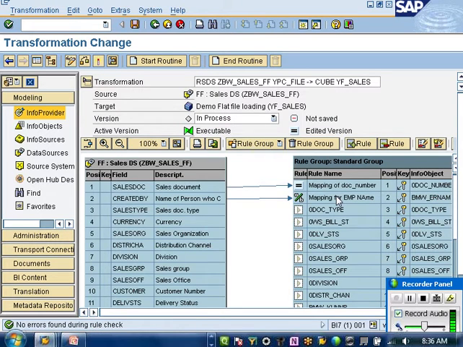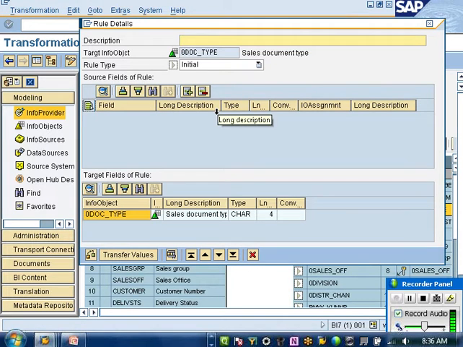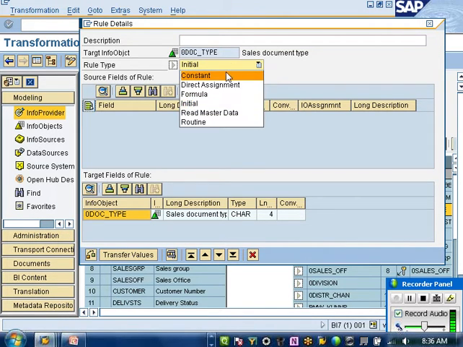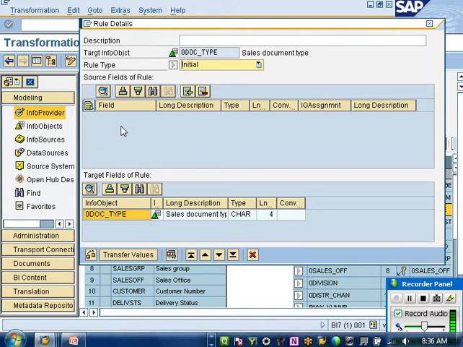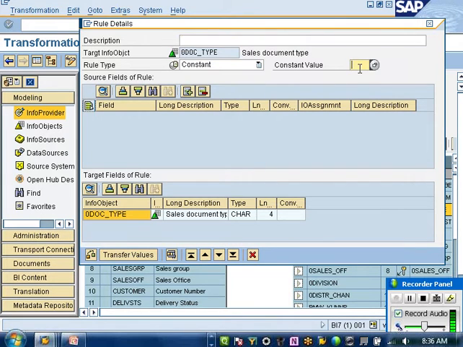That's the next mapping. Next, document type. For this case, I don't want to consider the document type coming from the source. Irrespective of the value coming from source, I would like to take a constant value for this document type. Let's say, I'll drop down. For a specific constant, I don't need any source because I'm not considering any value from the source, so I don't have to specify any source. Straight away drop down, select the constant. It asks what the constant value is. Let's say I want to give it as ZCQS.